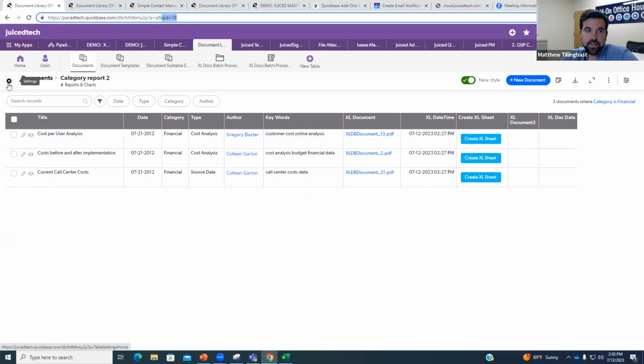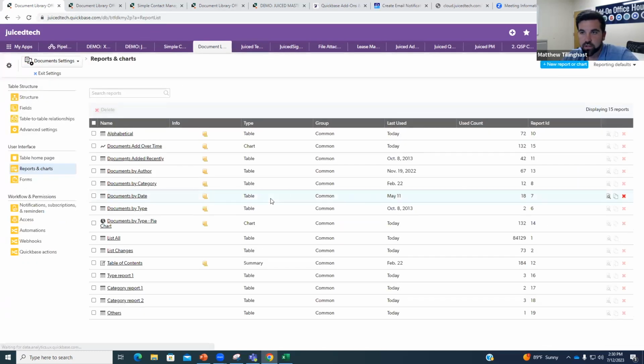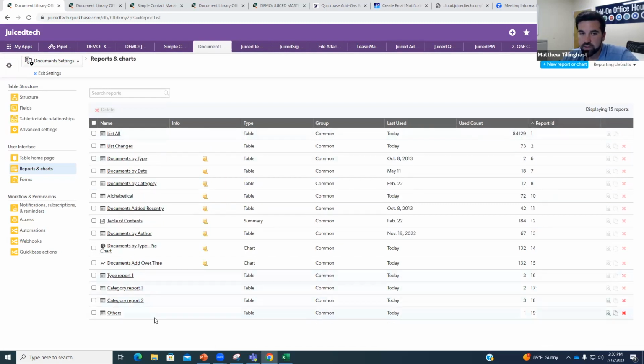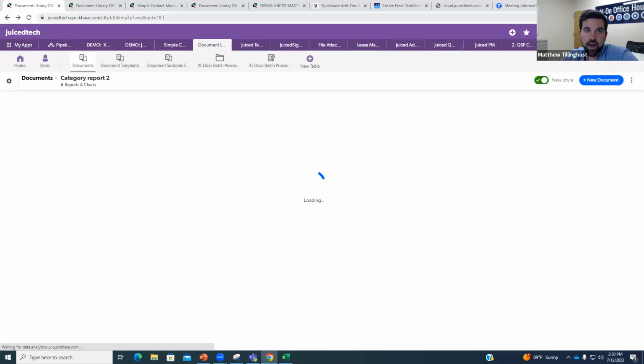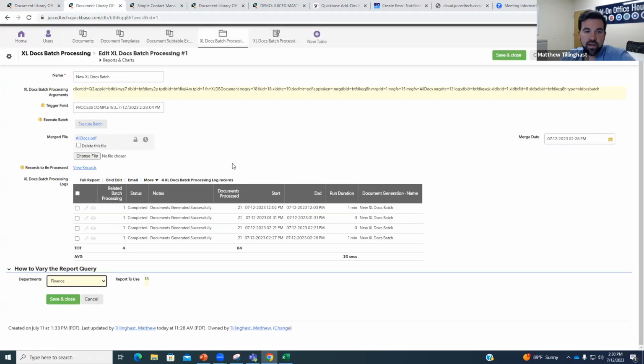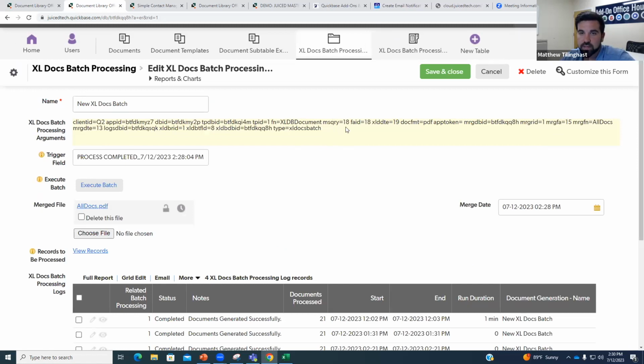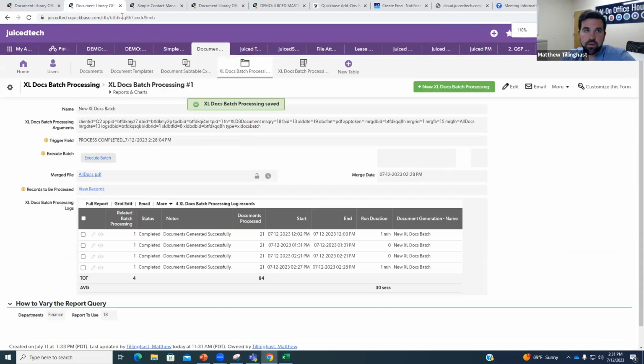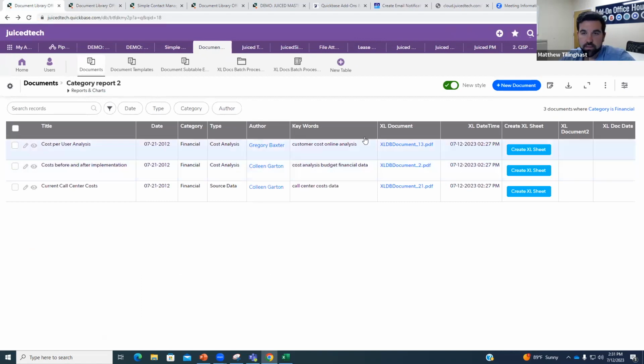The other way you can find that is if you hit settings, reports and charts, you have your report IDs here. So if you ever wanted to find where the reports are, this one, report ID 18. Again, that's also found just right at the top, QID equals 18. So you can find that there. So if I go back to here, now I selected finance. So for me, that's going to do report 18. If you notice, this whole thing becomes yellow because it actually has a change here. MSQRY equals 18. So now, if I look at report 18, there's only these three